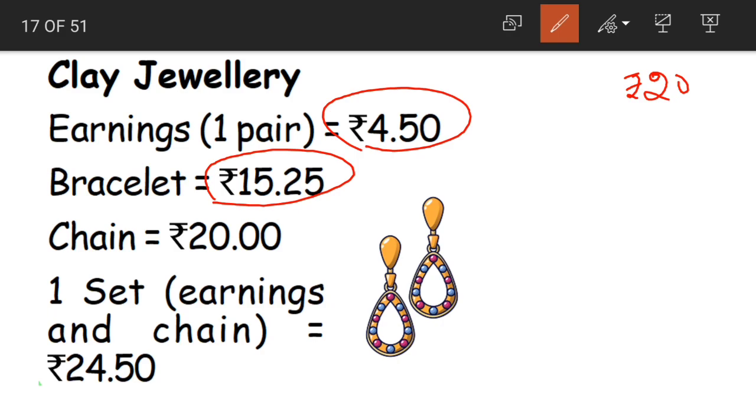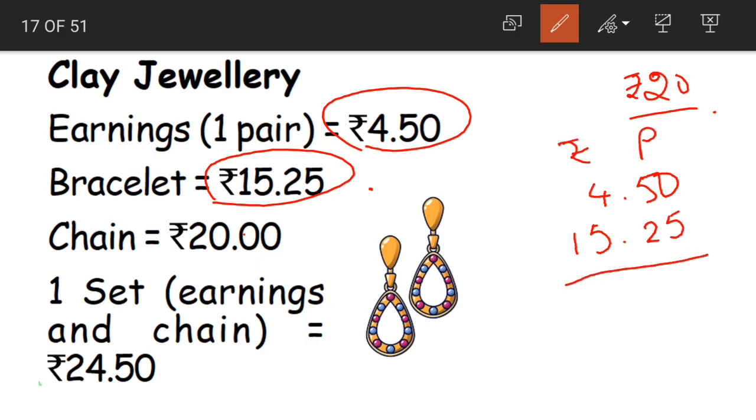So to find out the change, we need to find out the total amount. Yes children. So when the total amount is deducted from this 20, we'll get the change that we should get. Now how to add these two? See, first one is 4 rupees 50 paisa and the second one is 15 rupees 25 paisa. Now these are the rupees and these are the paisa. And while adding the rupees and paisa together children, one important point to remember is that these points should be in the same place for both the amounts written above and below.